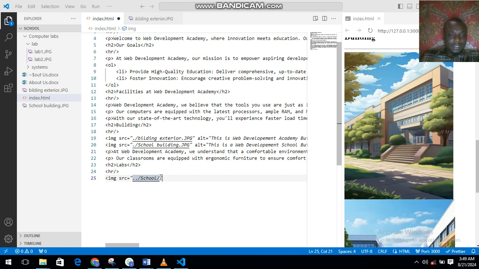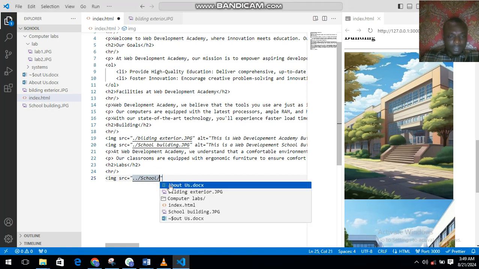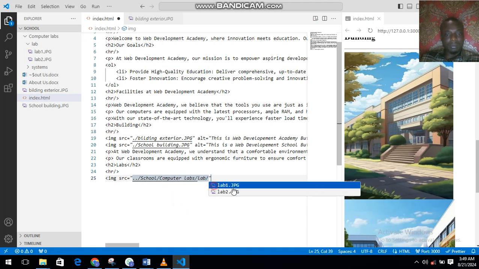Okay. Where is it located? Inside computer lab, right? See, watch the way we are going to find this folder using relative file. So we get into computer labs. Inside the computer labs we find lab, and inside it we find the picture. Do you understand?